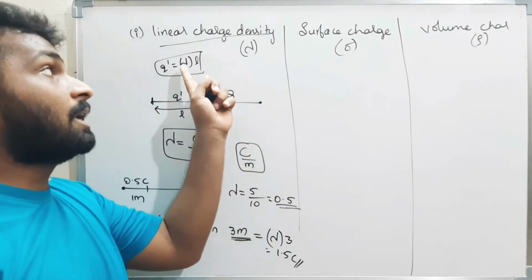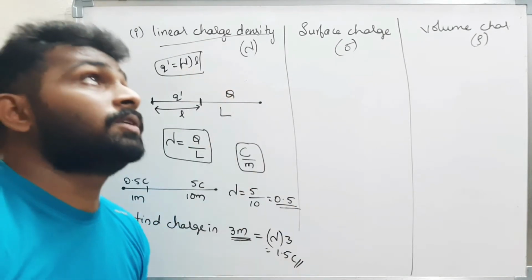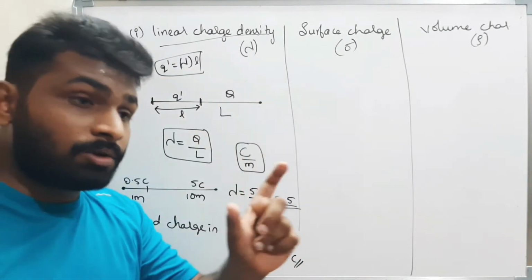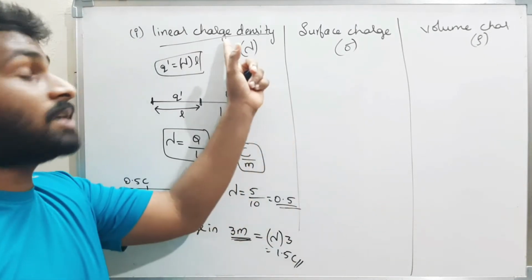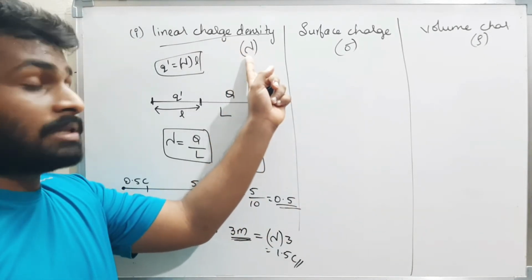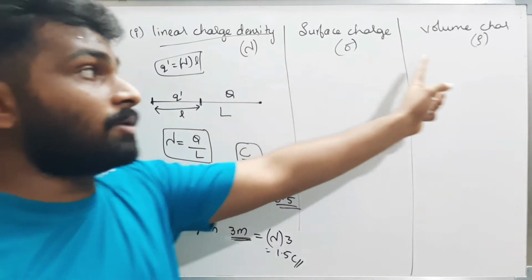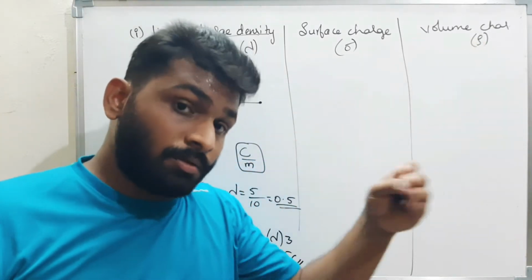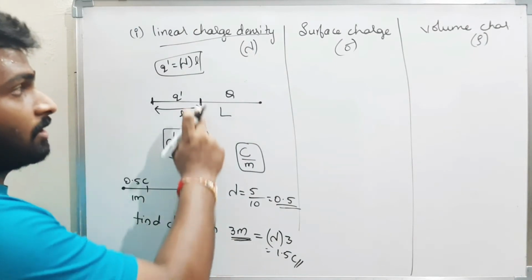That is the main purpose, why we can solve the problems very easily. We should know what the linear charge densities are. When they are infinitely long wires, they won't give the charge present in them. They will simply give the linear charge density. Then by using this linear charge density, the surface charge density, and the volume charge density, you have to find the solutions to the problems. I think this is clear.